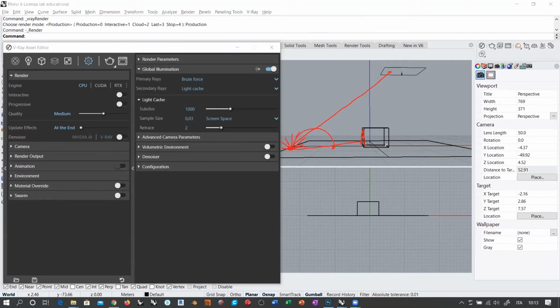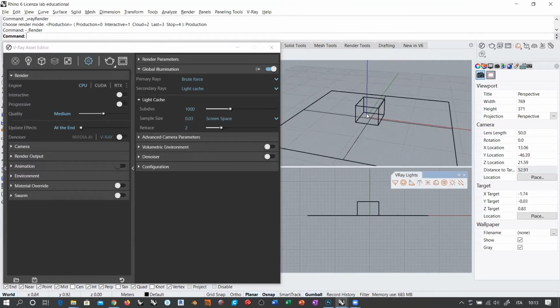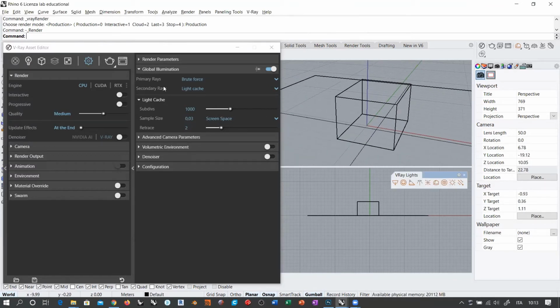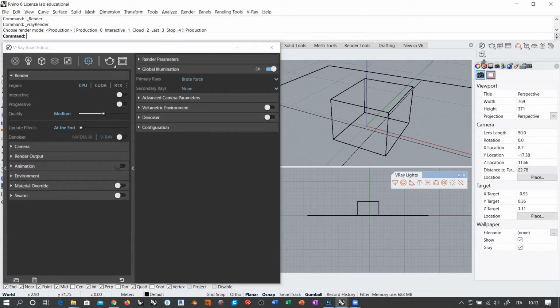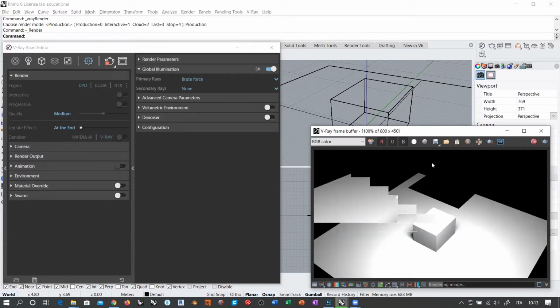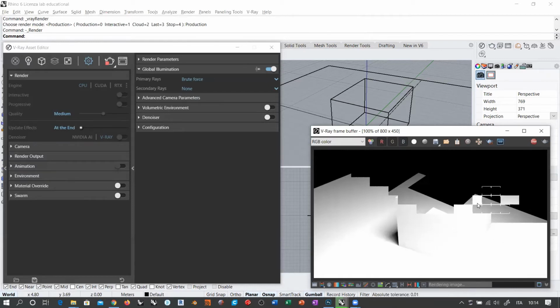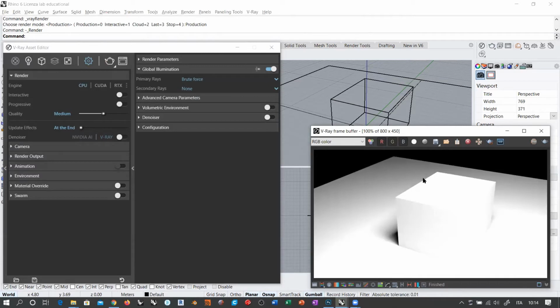Okay, so let's see what happens with these rendering algorithms here. I'm going to set secondary rays to none. And I'm going to use brute force as the only primary rays rendering engine. Okay, so I'm going to render this. You see that rendering tends to become slower and slower as we tweak this parameter, but this is the result